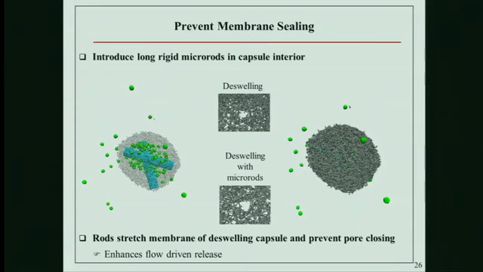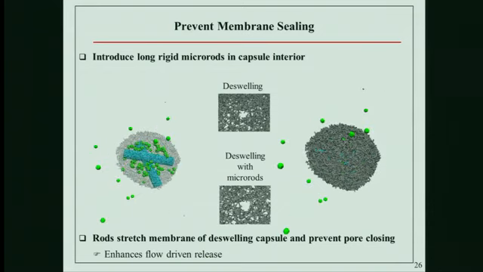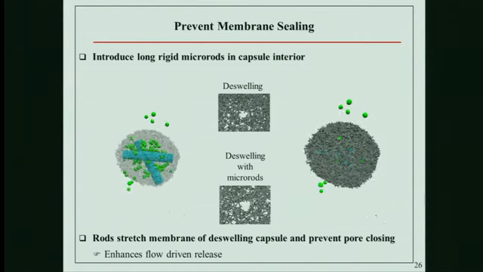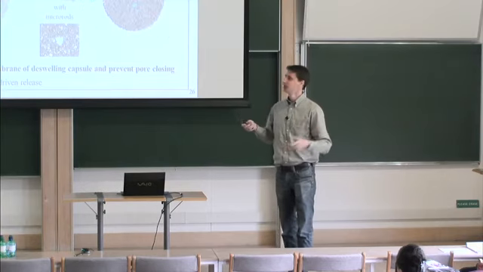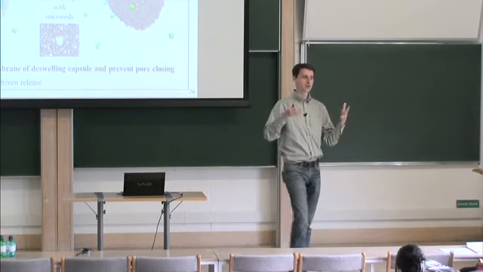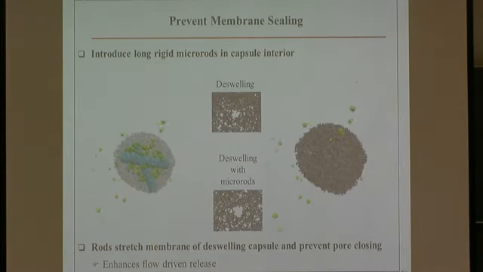So here we took this capsule, the same capsule we had, and put micro rods inside, and then as the capsule is deswelling, these rods essentially stretch the membrane, stretch the network, and keep the pores open even as the gel deswells, right? The pores stay open, and they allow the particles to leave,